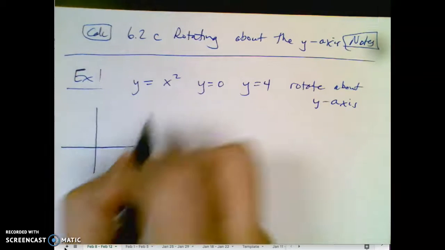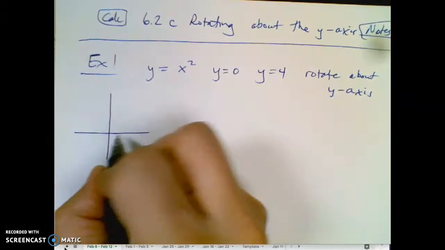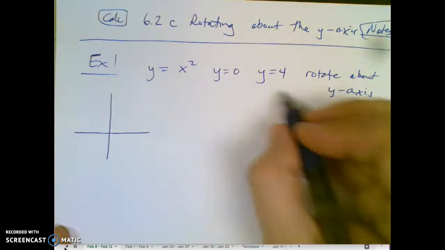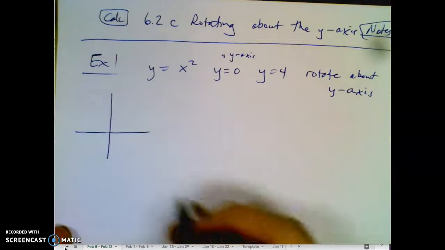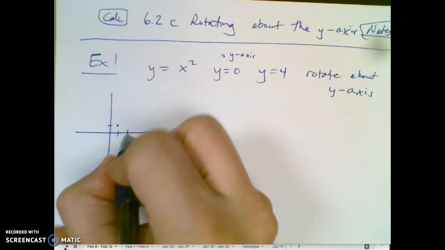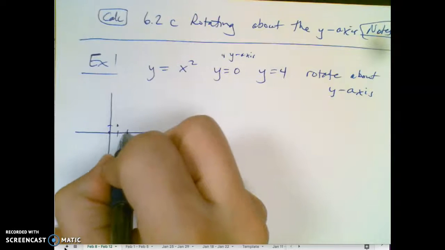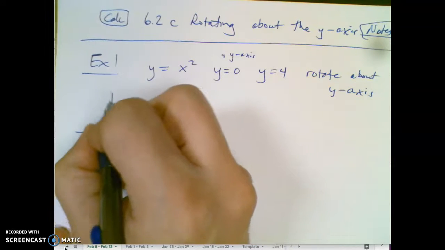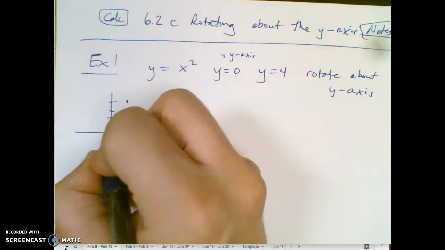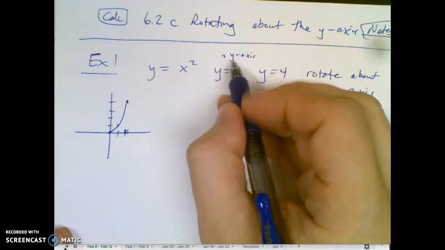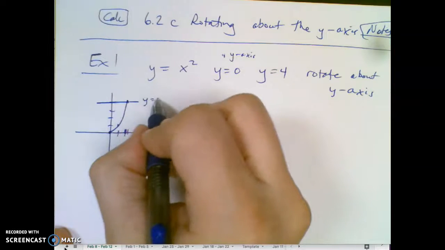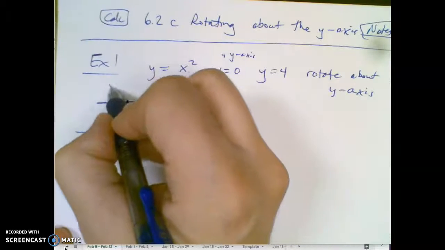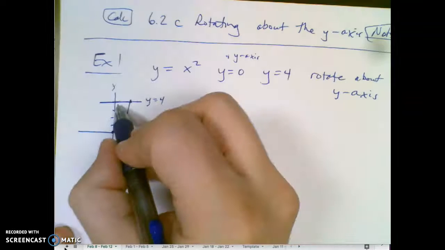First, if you graph this, you know what the graph of this looks like. I should say we also want the y-axis too. So if we're going to graph this, I know that (1, 1) is a point, and (2, 4), and (0, 0). Right, here's (2, 4). So we got this equation, and it does go to the left, but I want it to be trapped between y equals 0, y equals 4, which is a horizontal line here, and the y-axis, right? So I want this area here